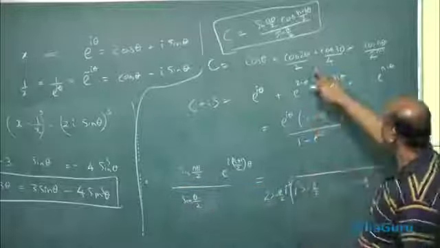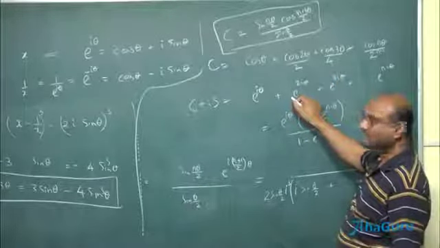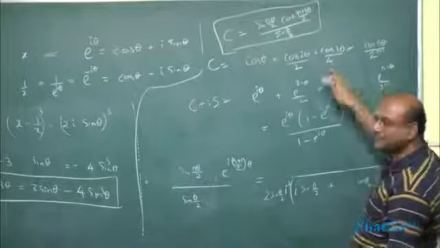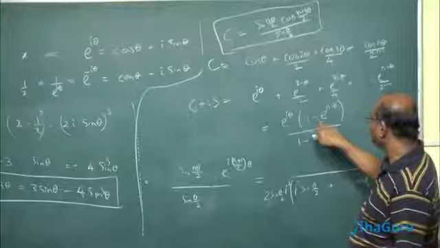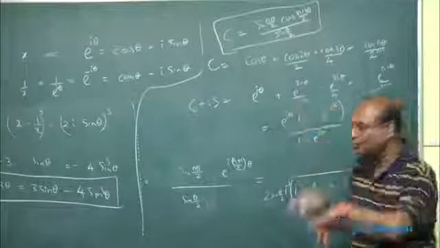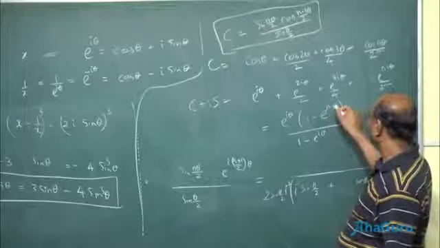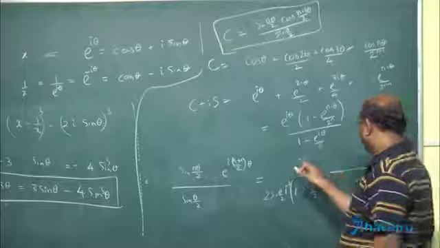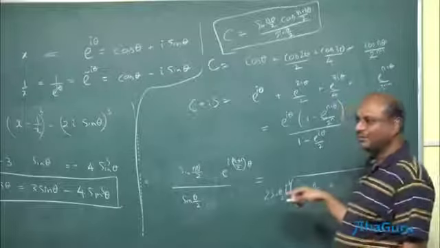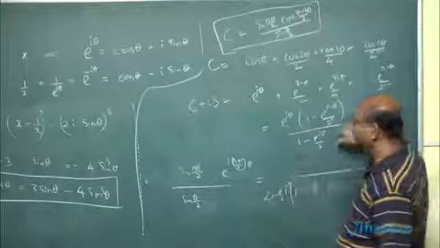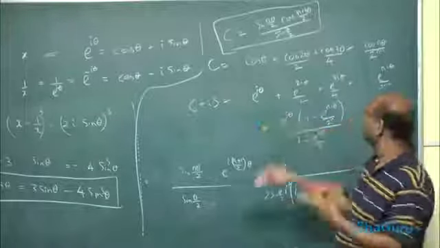But my point is if you had theta by 2, theta by 3, theta by 4 and so on, isn't this a GP? Yes. The common ratio is no longer e power I theta, it is e power I theta by 2. So this is e power n I theta by 2 power n. Now it won't simplify so easily, but you have to do a little bit extra work to write the answer. But the answer is the real part of this. At least you got the answer.